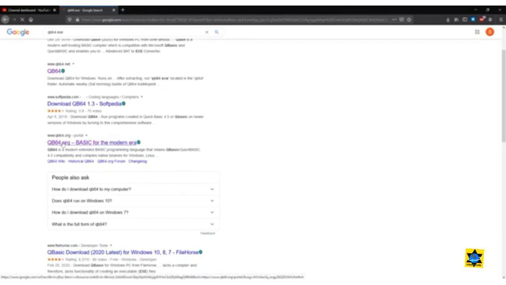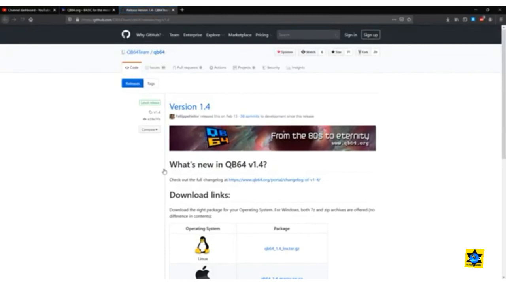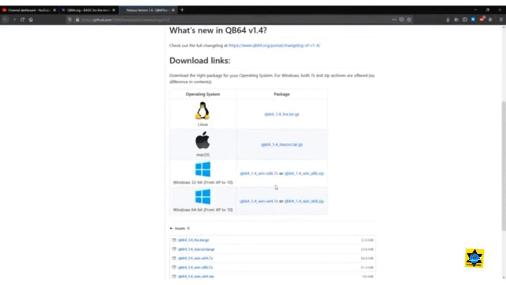In this website you have to select this, download QB64 version 1.4. This page will open. As per your operating system you can download. If it is Windows 32-bit or 64-bit, just click on the link and it will download. I have already downloaded. Then open the zip folder, and inside of that you will get a file which you need to use for your QBasic programming.